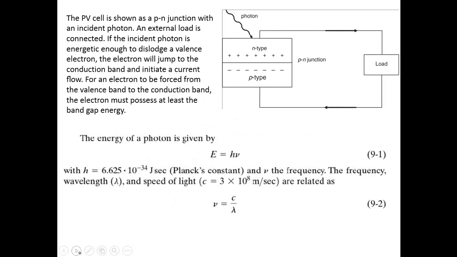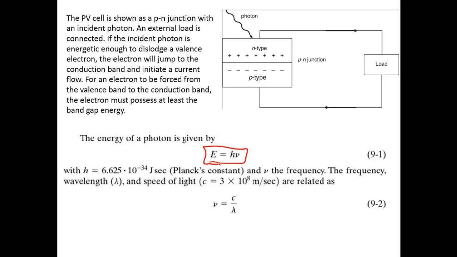Here, for example, you have a PV cell. A photovoltaic cell is shown as a PN junction with an incident photon. An external load is connected. If the incident photon is energetic enough to dislodge a valence electron, the electron will jump to the conduction band and initiate a current flow. For an electron to be forced from the valence band to the conduction band, the electron must possess at least the band gap energy. So the energy of a photon is given by this equation, where h is Planck's constant